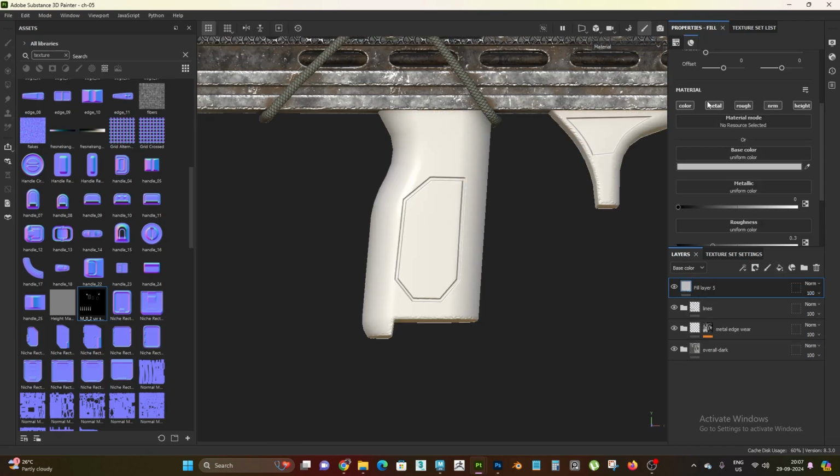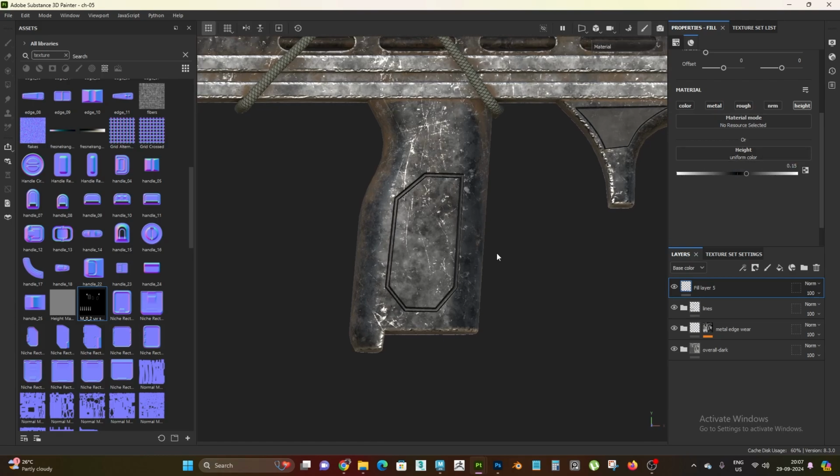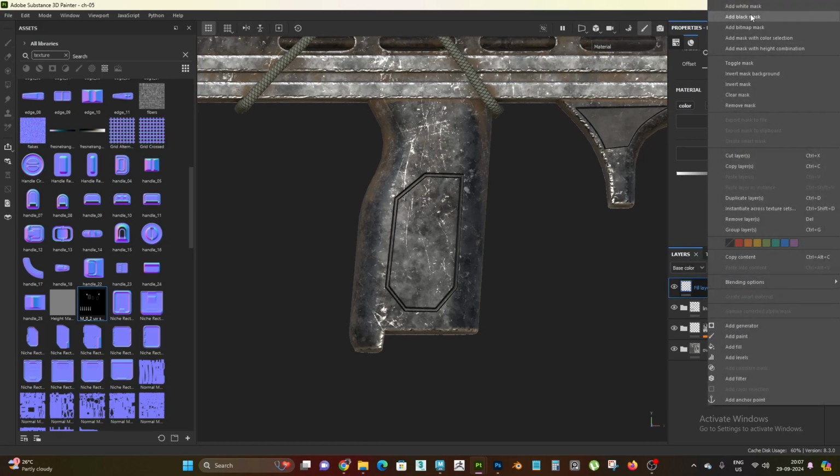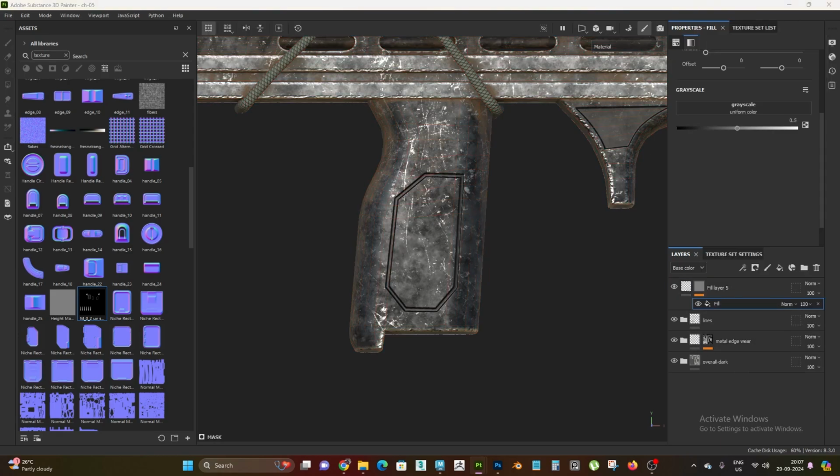So we will add a fill layer and only the height map will be selected, and then add height like 0.15, then add black mask, add fill, and then select a pattern which we are using, like we are using